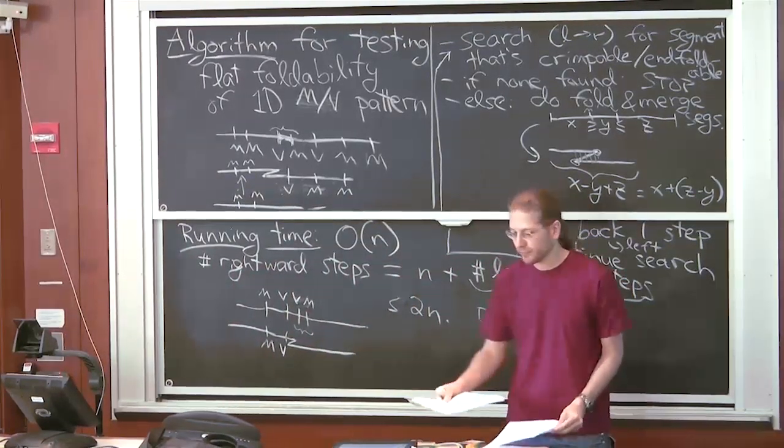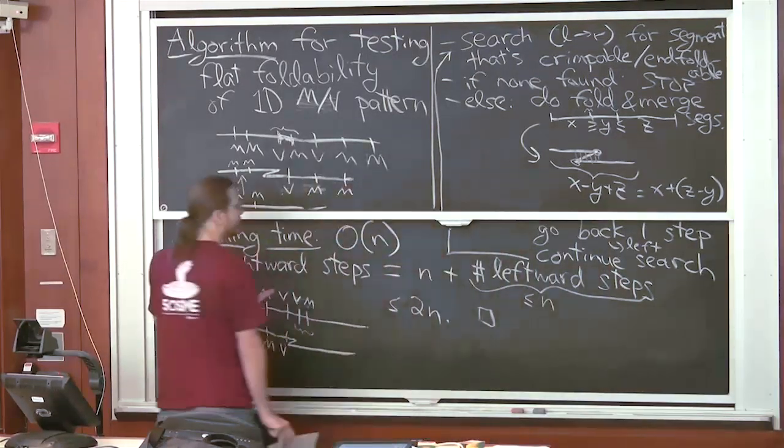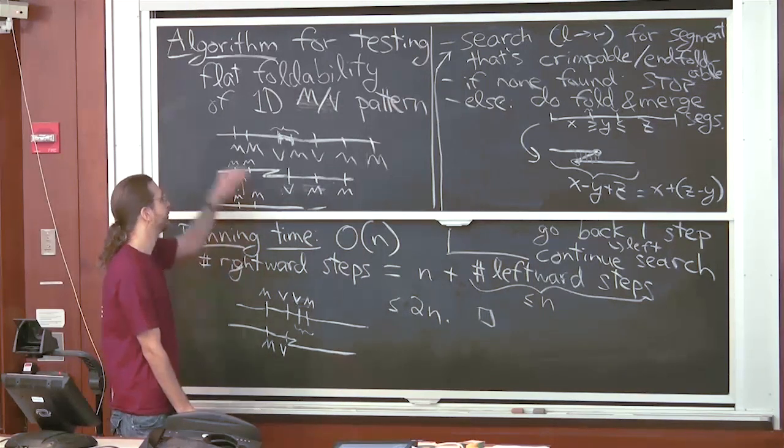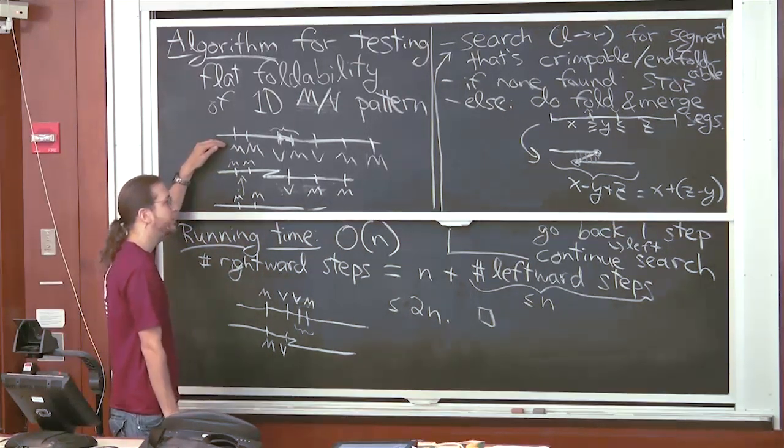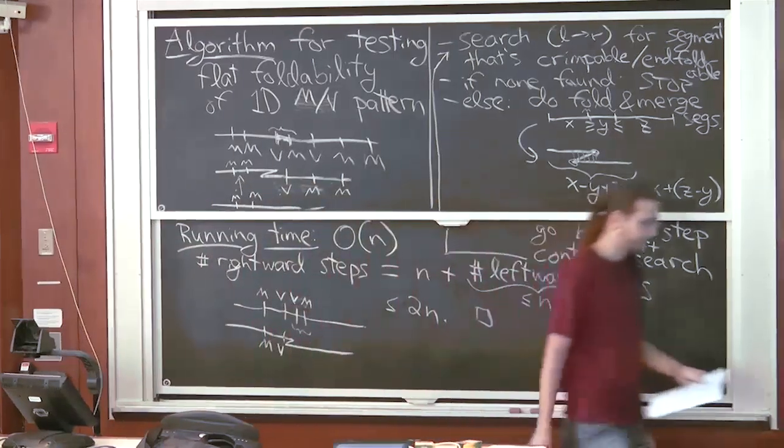Okay, well, once we have this, which is really for Lecture 2 material, we can adapt it to Lecture 3 material, which is the circular case. Instead of having a line, we have a circle of paper. In that case, we only need to look for crimps, and so we do the same thing for crimps.